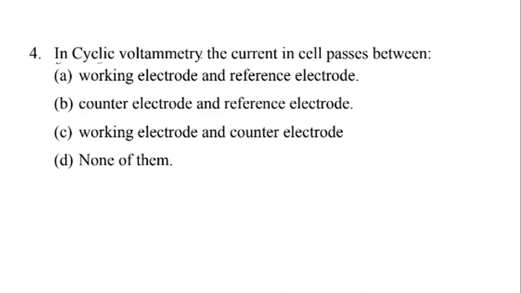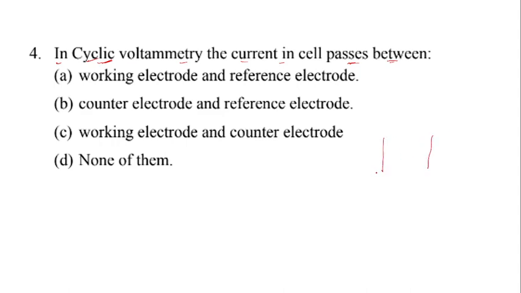In cyclic voltammetry, the current in the cell passes between what? Okay, so see, this question I have already explained just now. In cyclic voltammetry, the current in the cell passes between what? So what is the arrangement? Okay, if you see,